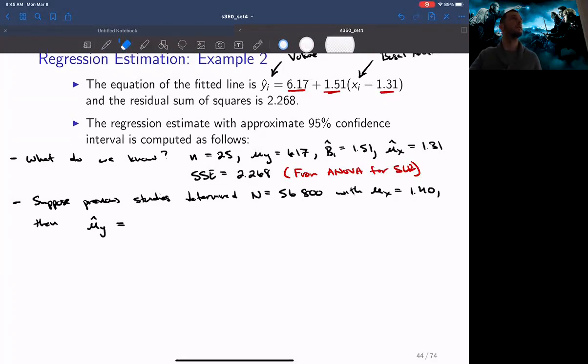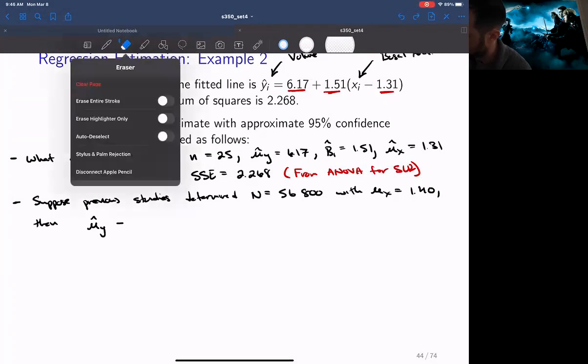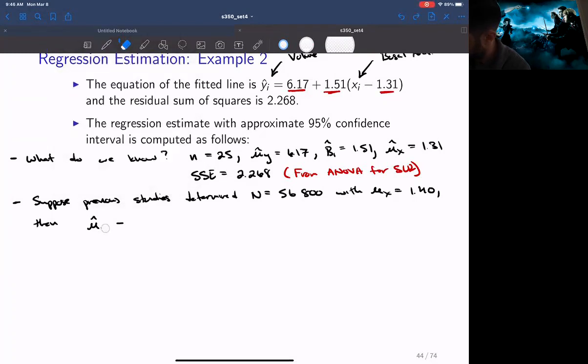That would be the estimate from SRS. We're doing the regression estimator. There we go. Okay. So this thing is going to be equal to mu hat y plus beta 1 hat